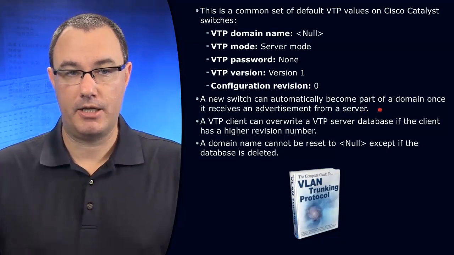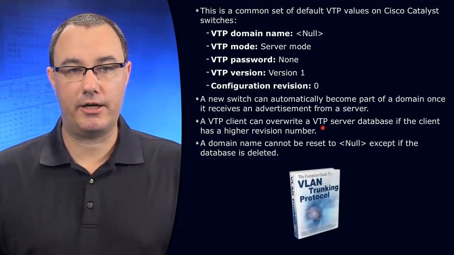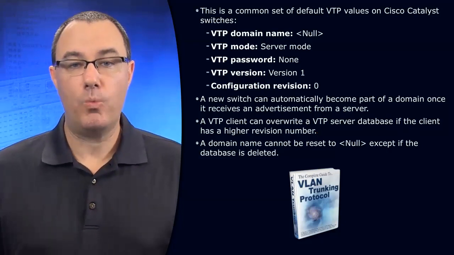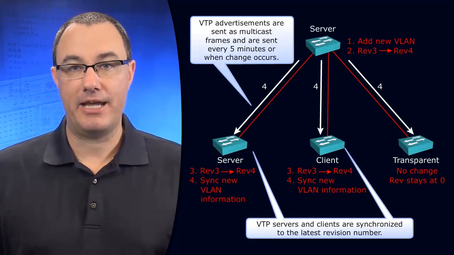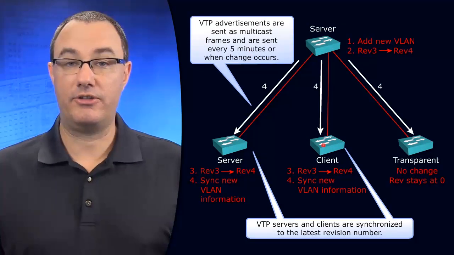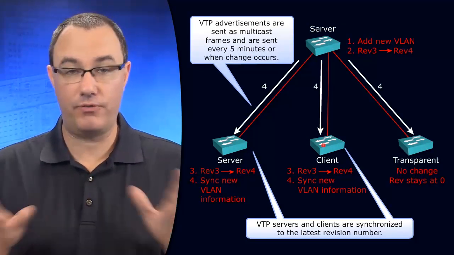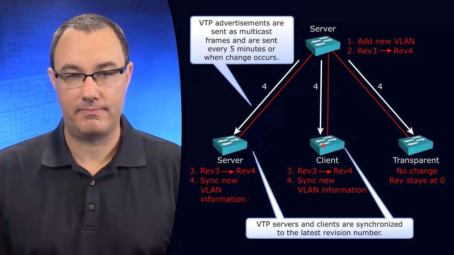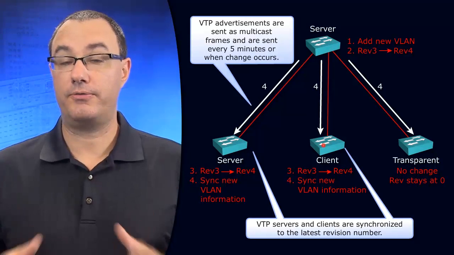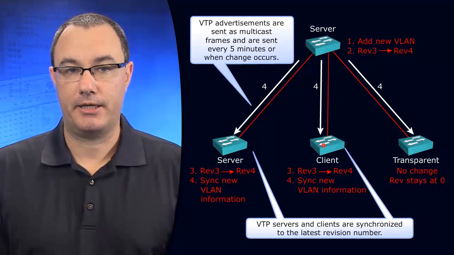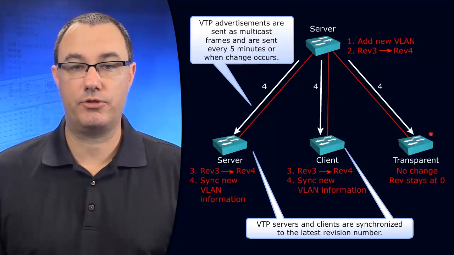It says here, a client can overwrite a VTP server database if the client has a higher revision number. What are you talking about there? What happens is this. Every 5 minutes, servers and clients send out what they have, regardless of if there is truly change. And that is very, very dangerous, because